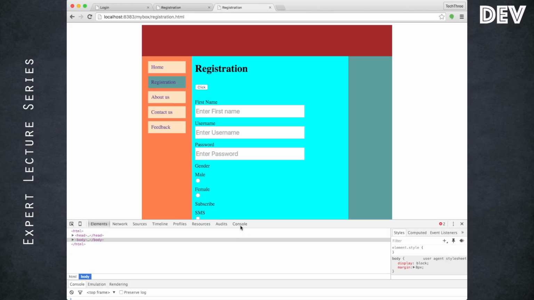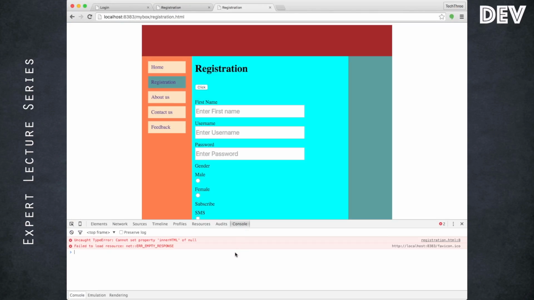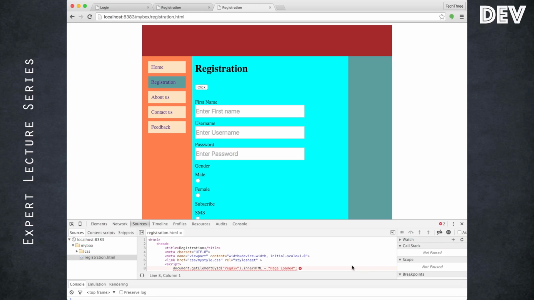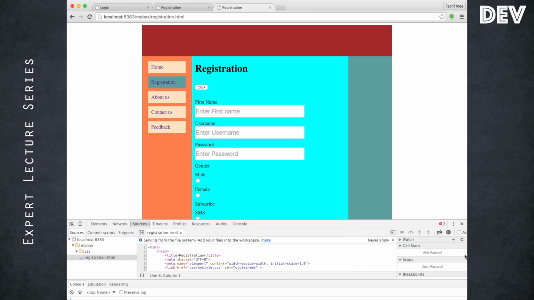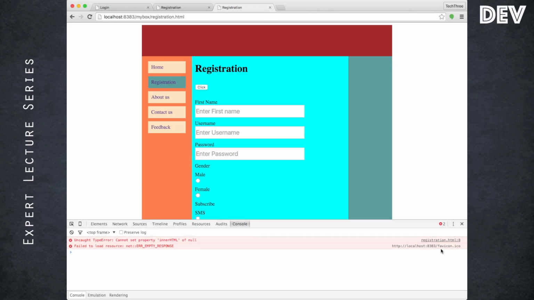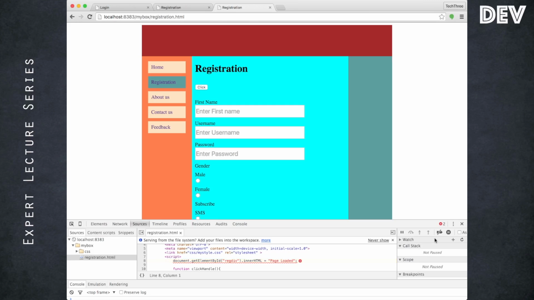So the console will try to guide you. And is there any other way we can find out if anything is going wrong? In this case, uncaught type error: cannot set property innerHTML of null. If you click on it, it will highlight the line of the code that is going wrong. Sorry, let me do it again. So click it. It is highlighting which part is going wrong. So here itself our debugging started. It is saying you are trying to access some sort of null value.